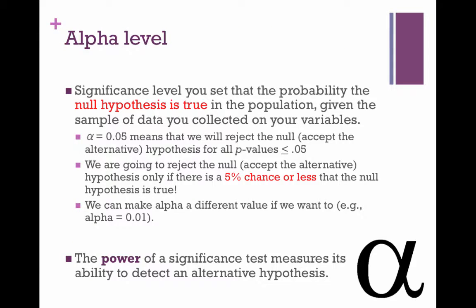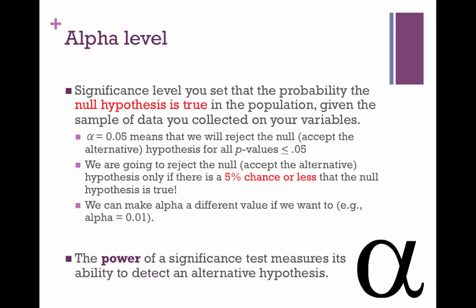Okay, so let's talk a little bit more about this alpha level. At the beginning of the lecture we talked about significance level, where really the alpha level is our significance level. And we have control over setting our alpha level. So we set the probability that the null hypothesis is true in the population, given the sample of data we collect on our variables. When we set our significance level, or our alpha level, at 0.05, this means that we will reject the null hypothesis or accept the alternative hypothesis when all p-values are less than or equal to